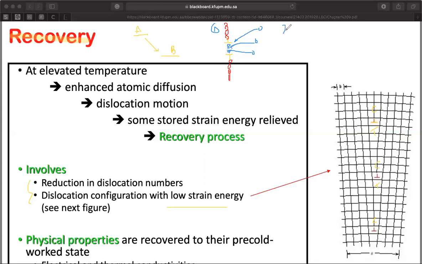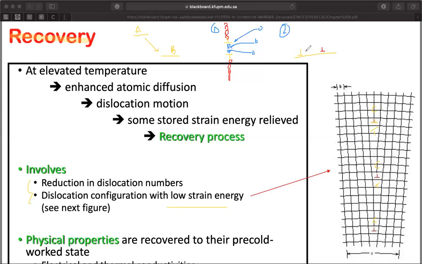Scenario number two, imagine you've got a dislocation that is slipping on this plane. Okay, so the dislocation is slipping on this plane. And this dislocation is facing another dislocation in front of it. And there's an obstacle, right? So a dislocation, to see another dislocation, is an obstacle here. It wouldn't be as easy as if the dislocation is sliding or slipping on a plane that has fewer dislocations. So if you provide heat to the